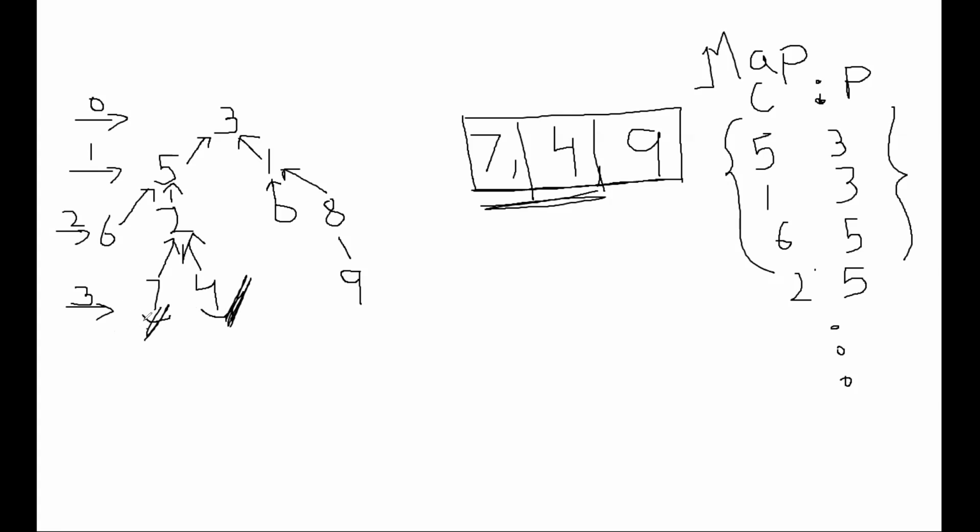Let's say our one linked list is this, and then the second linked list is this. Or the paths, as an intersection. Yeah, like the paths. Because once I have 7 and 4, and I have all this information in the map where I know who is the parent of who.